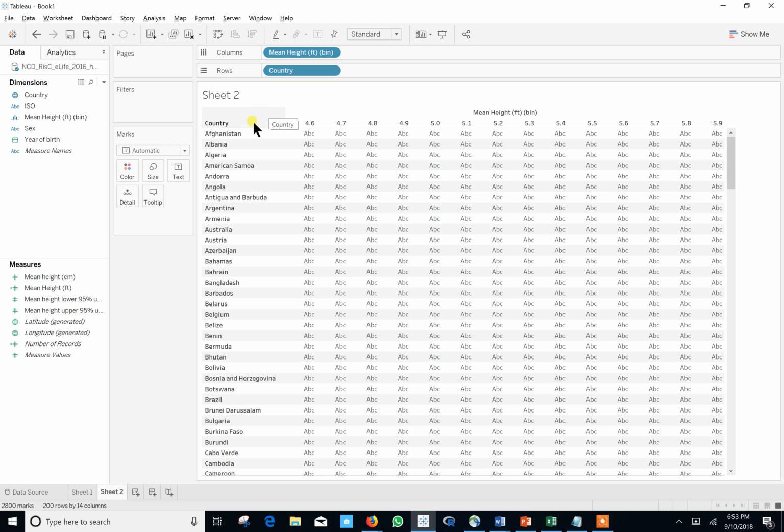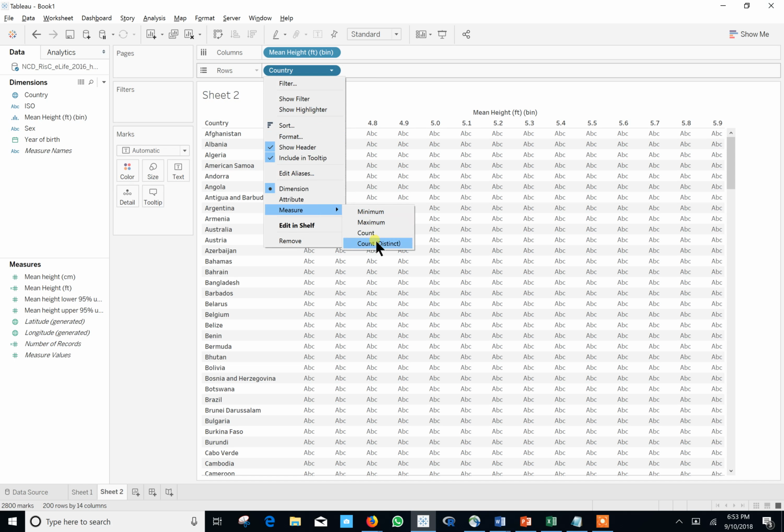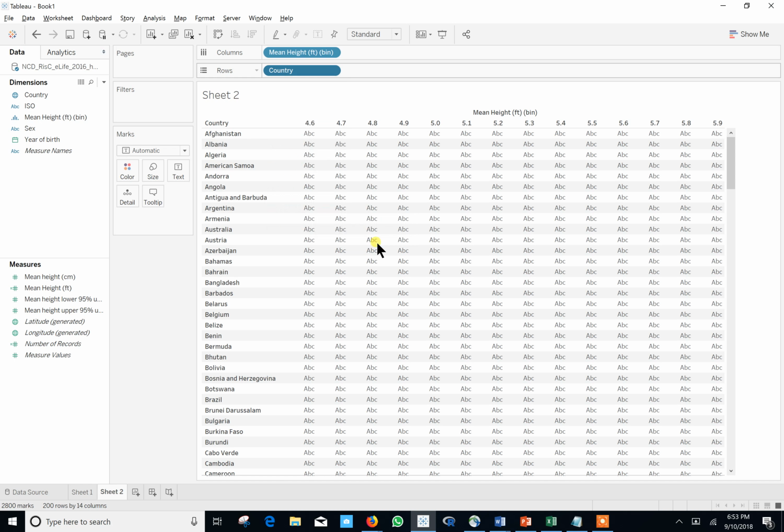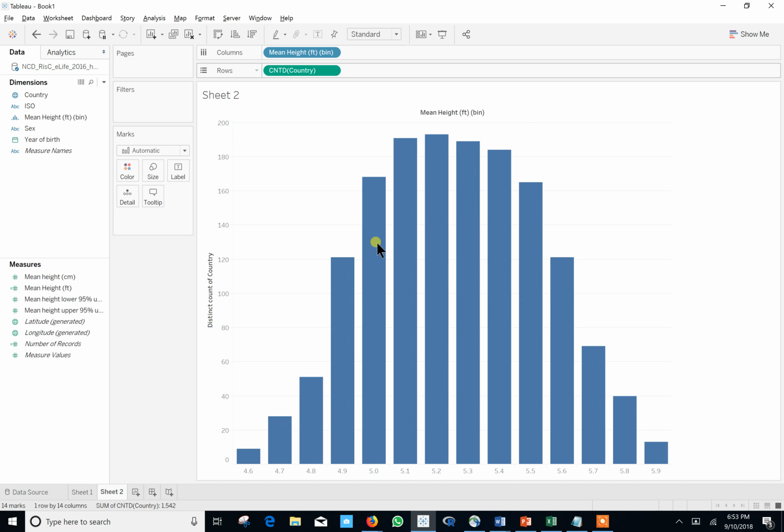So let's go ahead and do a count on all of these countries. So hit the down arrow, scroll down to measure, and click on count distinct. And again, Tableau went ahead, did a count of every country and the height, and came up with this kind of neat histogram. Okay. So if we scroll over, we can see that there's